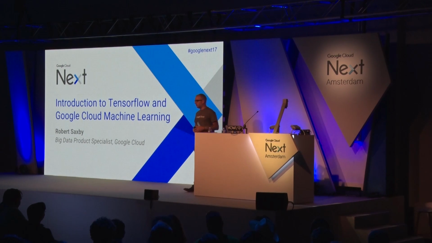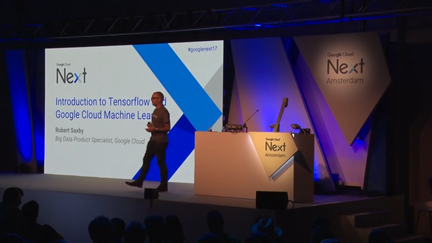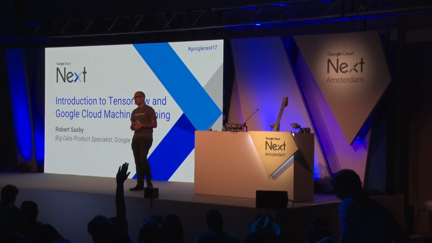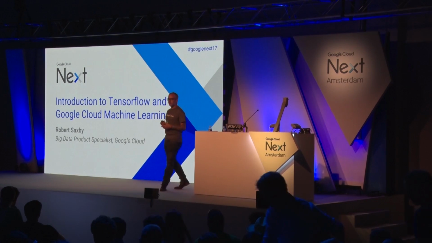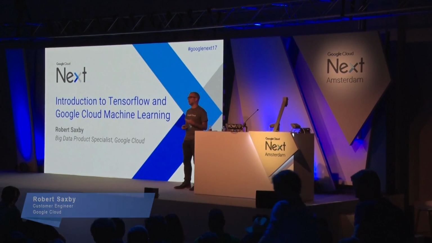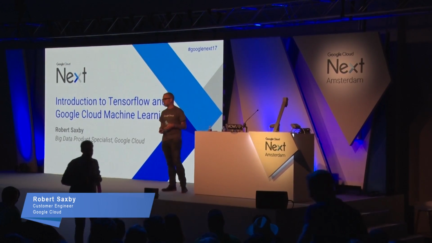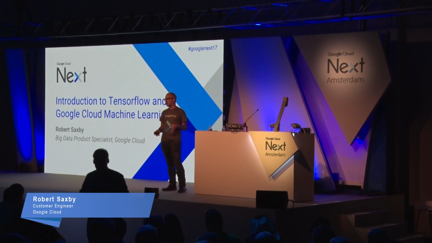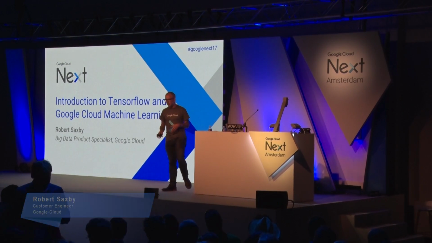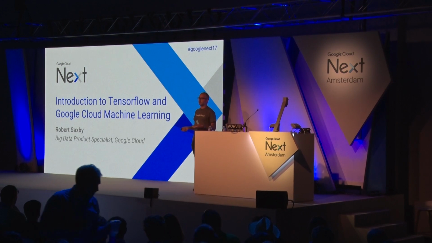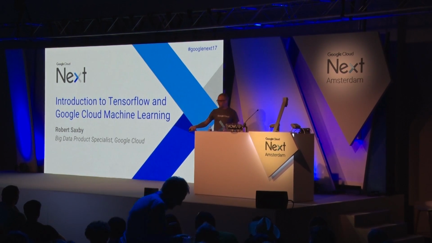So what we're going to do today, we're going to go through TensorFlow. We're going to have a little look at how TensorFlow works. We're going to start off with some basic understanding about deep neural network models. Then we'll look at the architecture of TensorFlow, and then we're going to move on to Cloud ML to actually examine how we can start doing this in production. So without further ado,